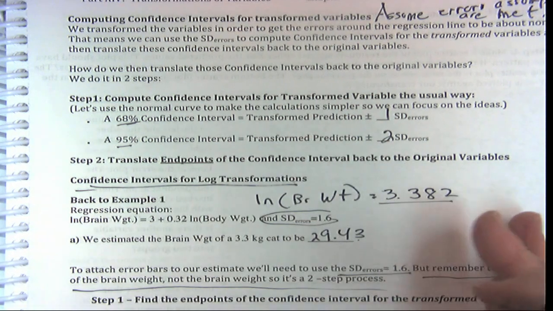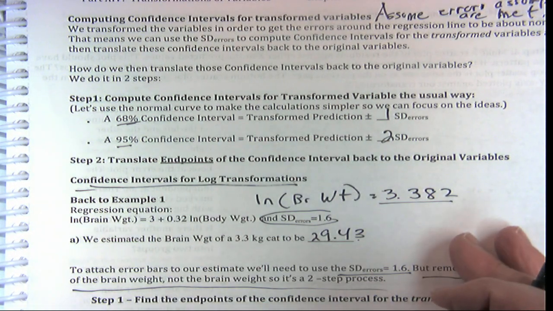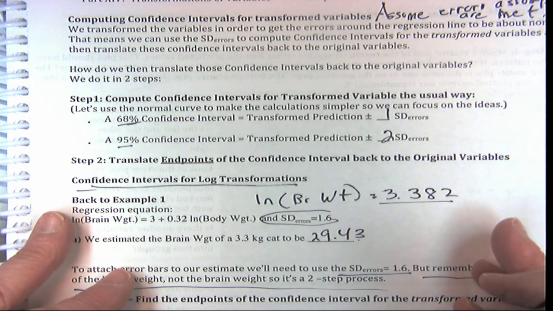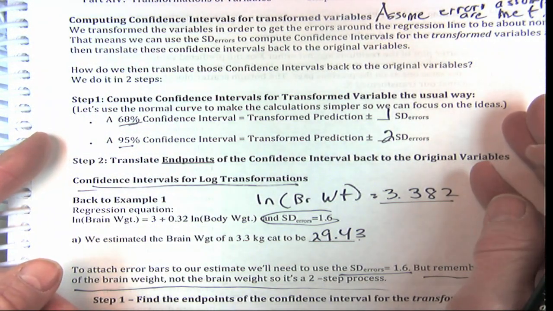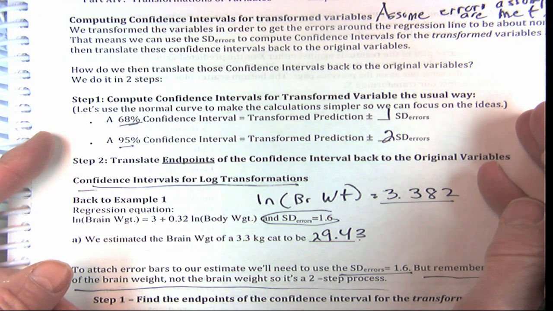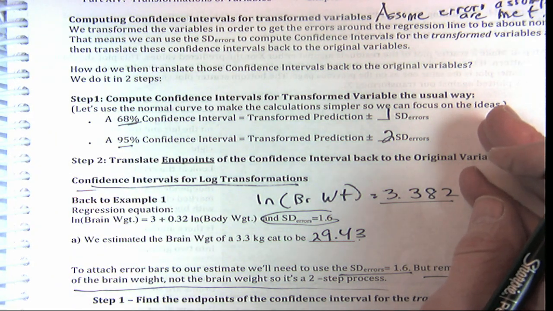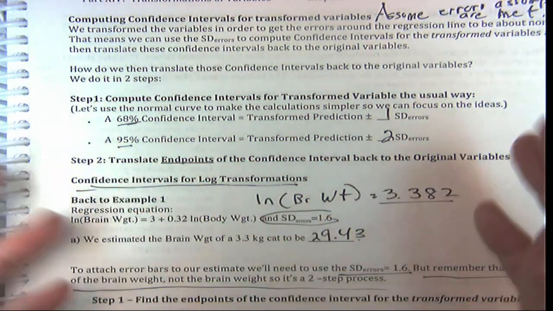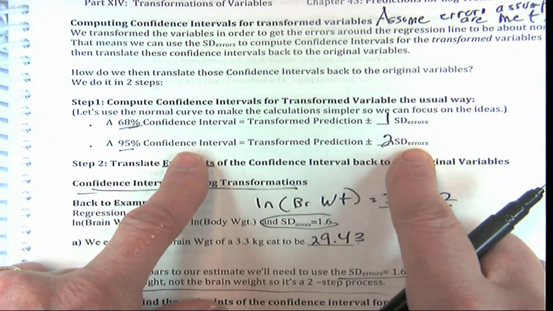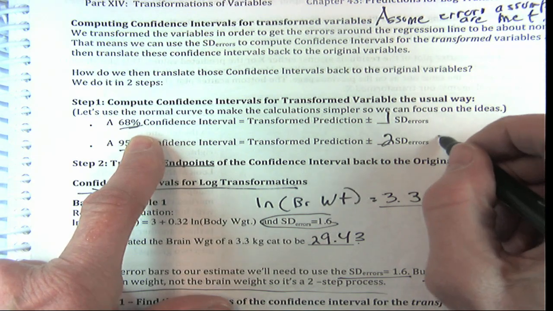Remember what we're doing here. We're doing a transformation of variables. We did a log of both the x's and the y's, and then we saw that we had to get confidence intervals on our original variable after we get confidence intervals on our logged variable the usual way. We just use this,